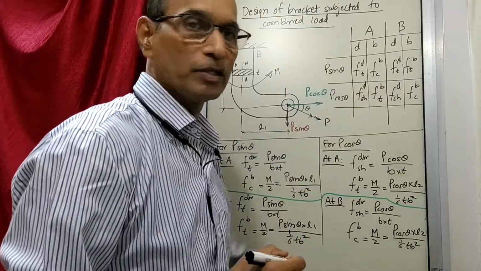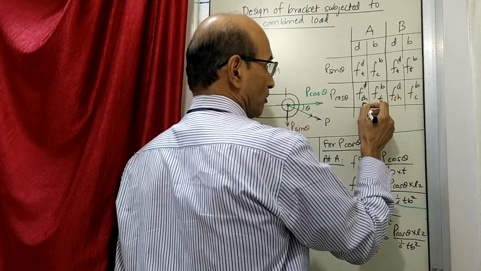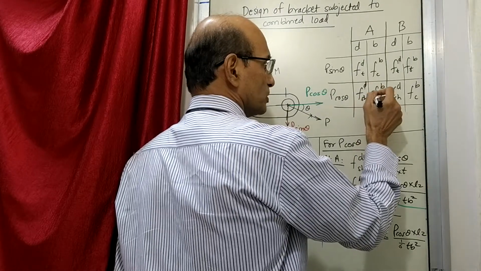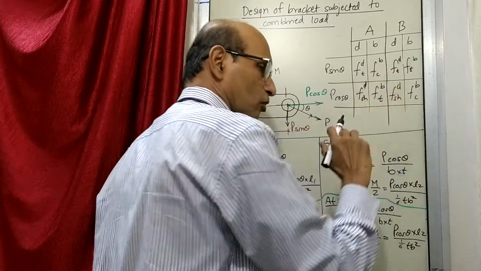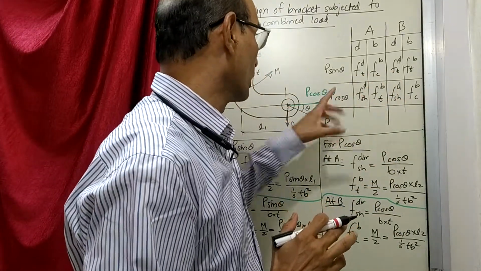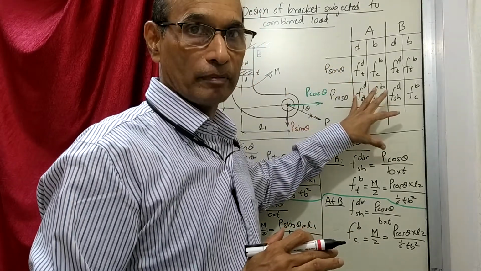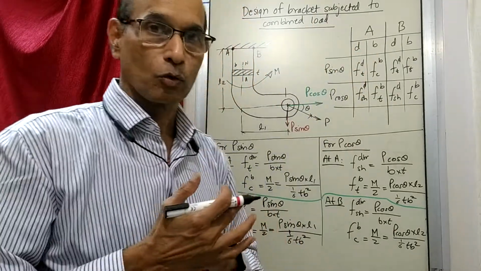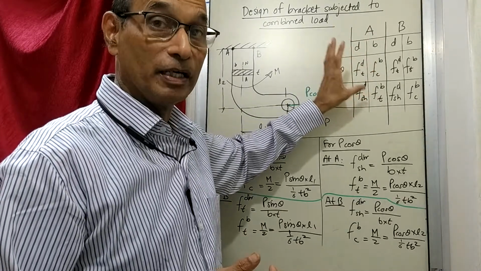Now when you combine all this, you will find one is tensile, compressive, tensile, shear. As you know, shear cannot be added directly to this, but these can be added to each other. Only tensile and compressive, they are opposing each other. Now suppose this problem, as I said earlier, is given as a checking problem, that means the dimensions are there, you have to only find out the stresses at A. So what are the stresses acting at A? That is how the problem should be defined. We are going to find out the induced stresses.